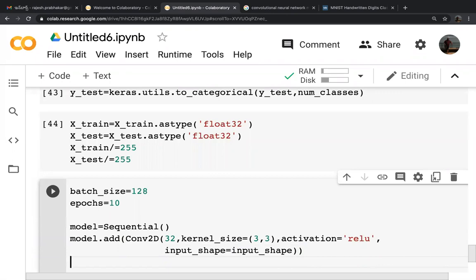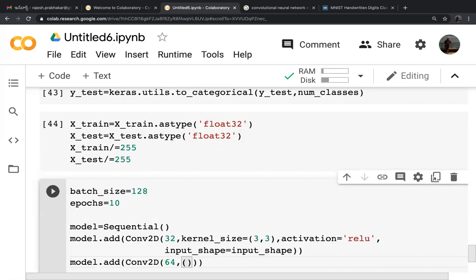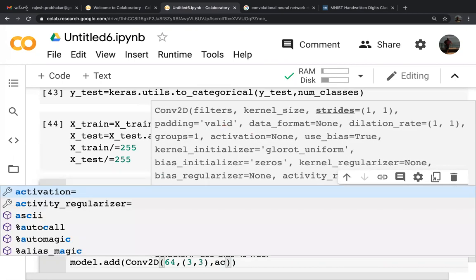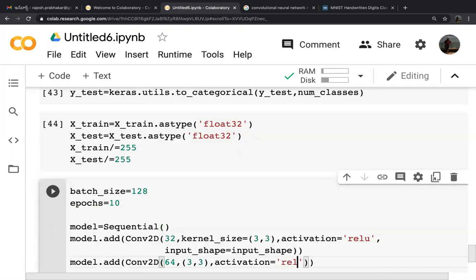Then we will add the second layer. In the first layer, we had 32 neurons. model.add(Conv2D(64, kernel_size=(3, 3), activation='relu')). I am adding 64 neurons with 3 by 3 kernel size, again taking the ReLU activation.